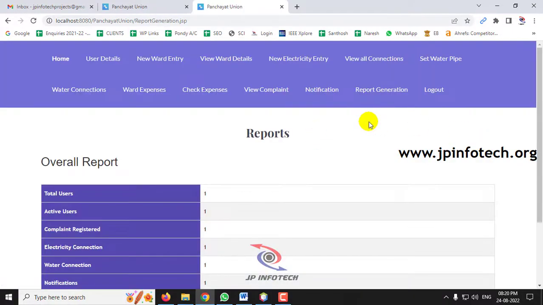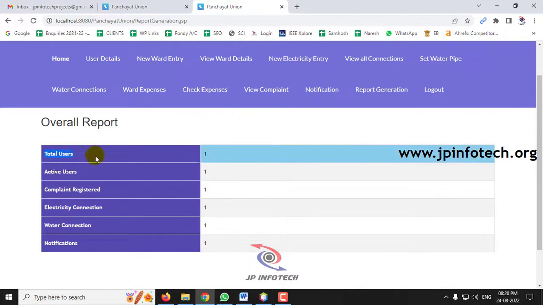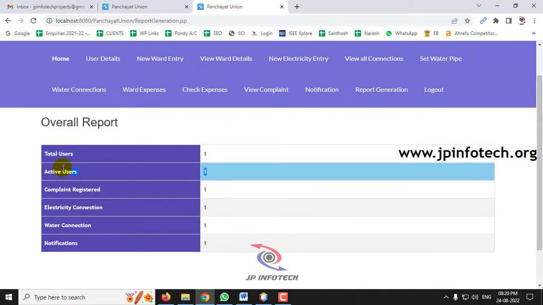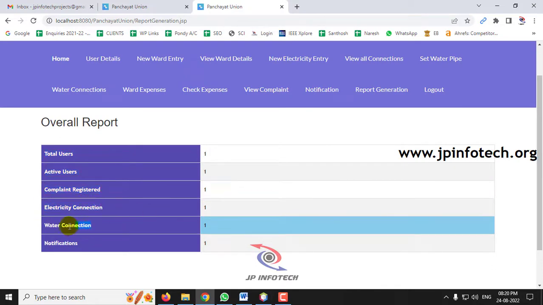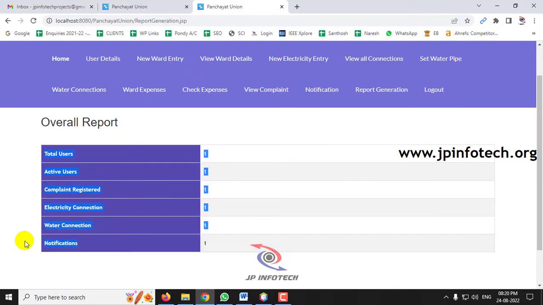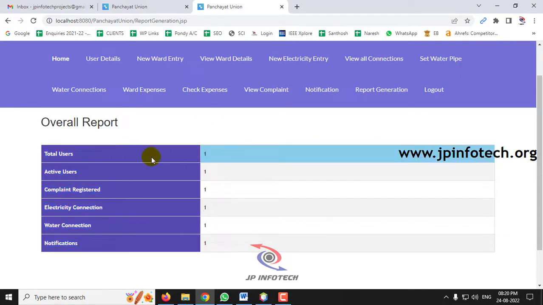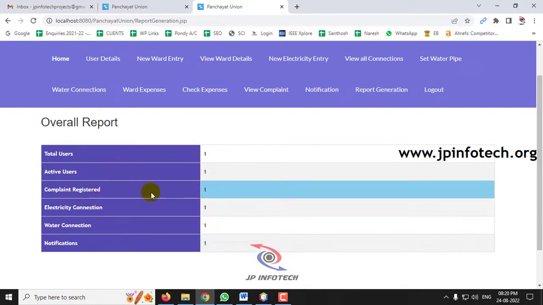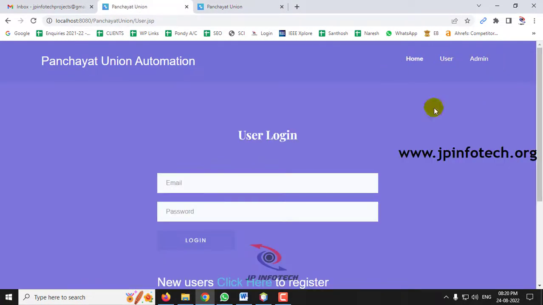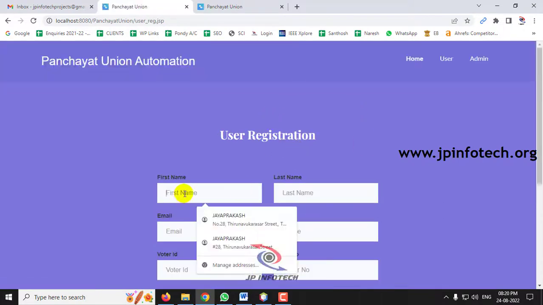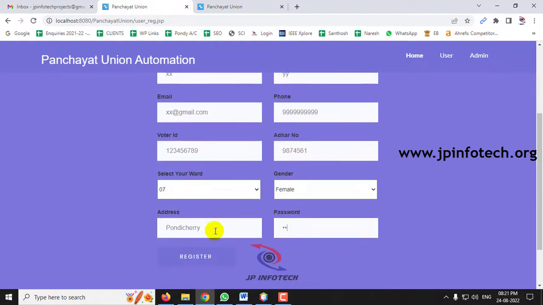And finally, in the report generation, you can see how many users are available, who all are the active users, and how many complaints received, how many electricity connections and water connections and notifications. So whenever a new user is added, the user count will be updated. Whenever a new complaint is registered, this will be updated. So let me add some new user and show you. So now I have created a new user with these details and click